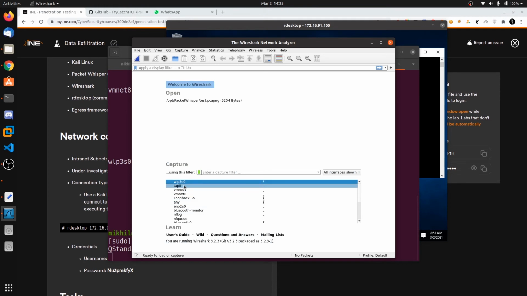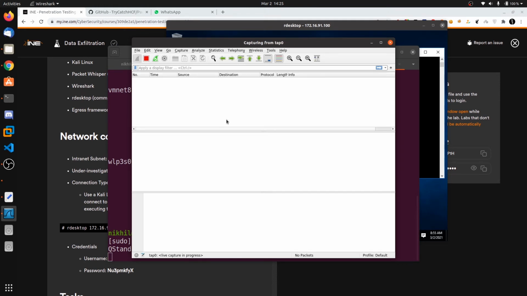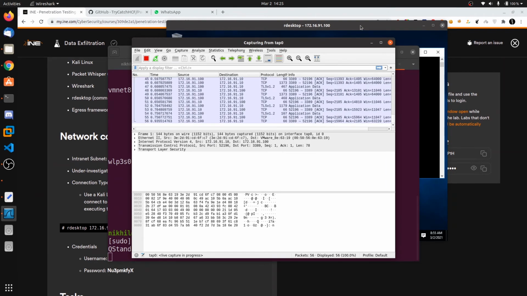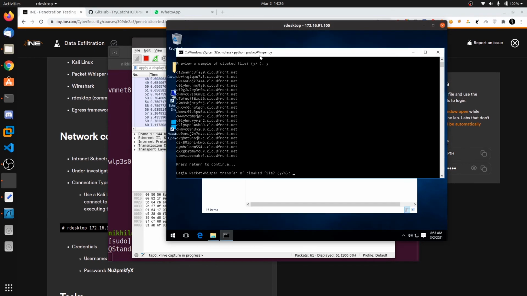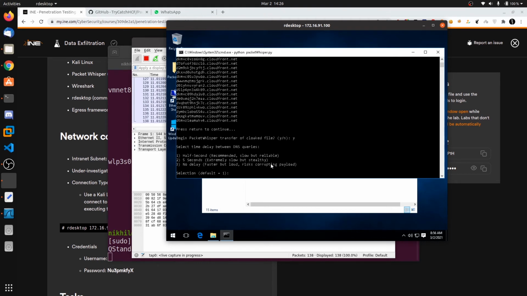Okay, now select the tab 0. You can see the source is from 100 to my 10. Now press Y and hit enter.